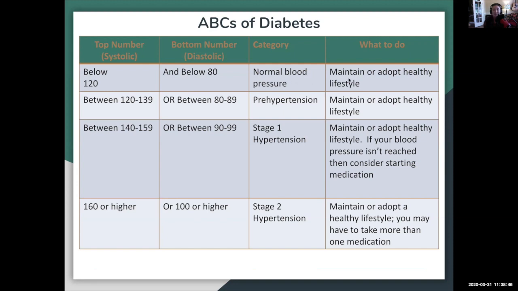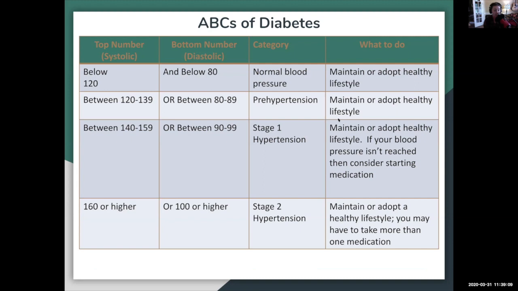That's awesome. Keep doing what you're doing. Make sure you have a good, healthy lifestyle. You exercise, you eat fruits, vegetables, lean meats, all of that. When you are between 120 and 139, over 80 to 89, this is that pre-hypertensive phase. So if you're doing a pretty good job with your lifestyle, you want to keep it up or maybe intensify